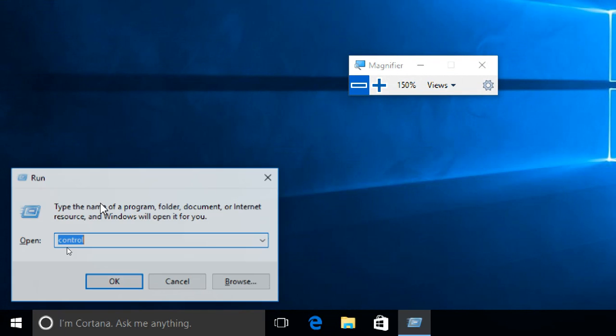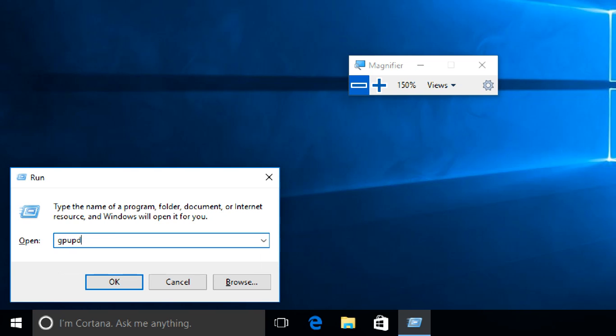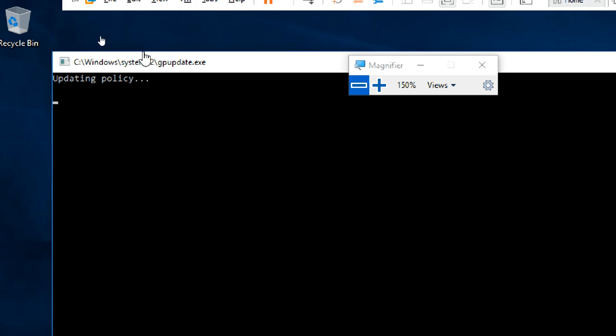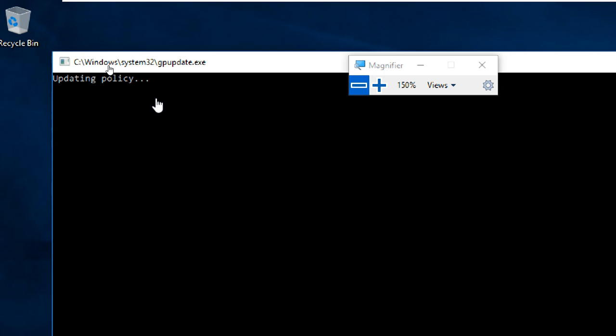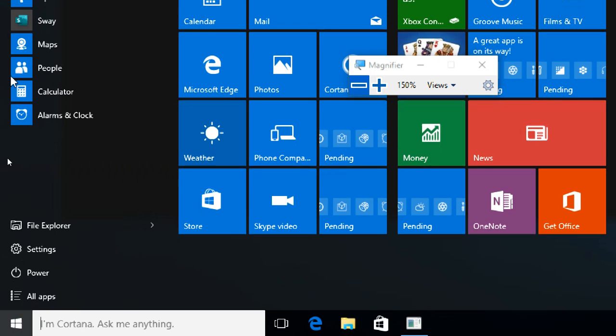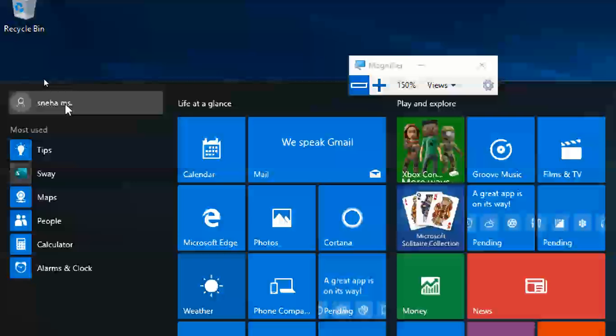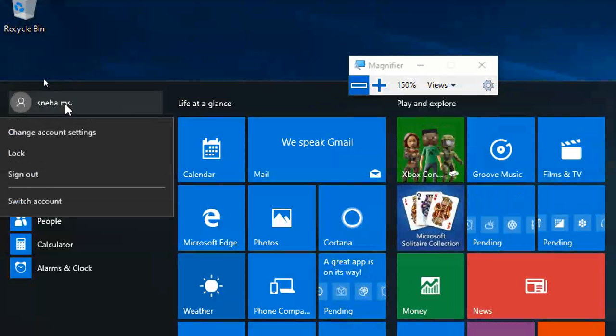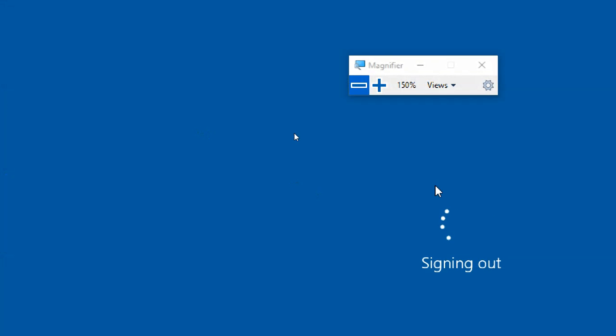Okay, because we have not actually logged in. Okay, force. I update the policy on the client side only. Okay, successful. It will close automatically. No need to wait for that one. I'm signing out.